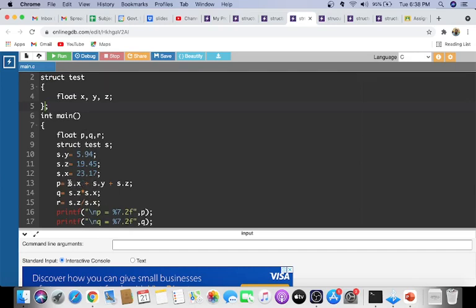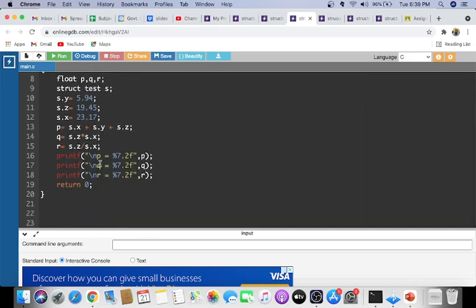The only thing is you have to take it as s dot x, s dot y, s dot z. So you can add all these three variables and assign it to p. p is a floating type variable. Then if you want to multiply these two variables z and x, it is also possible. Then if you want to divide z by x, it is also possible, and you are assigning it to r.